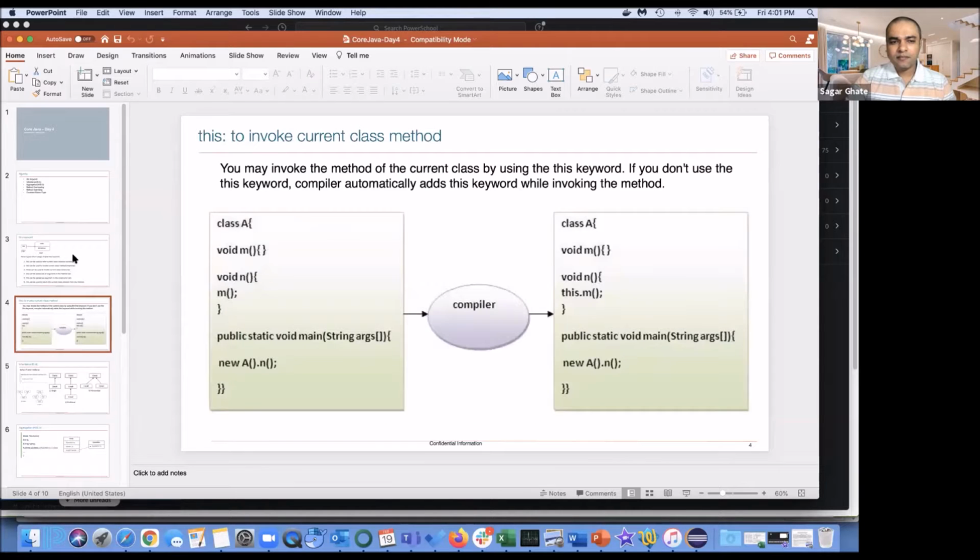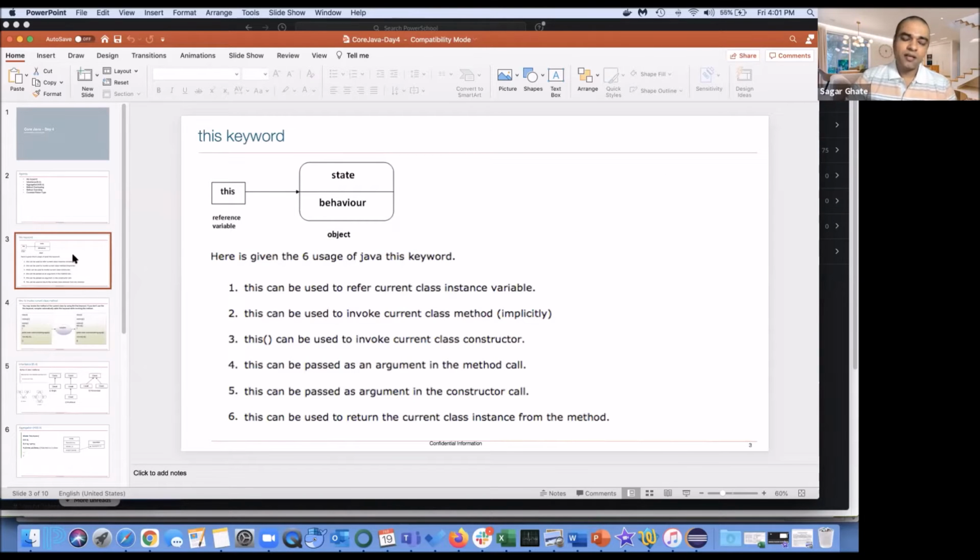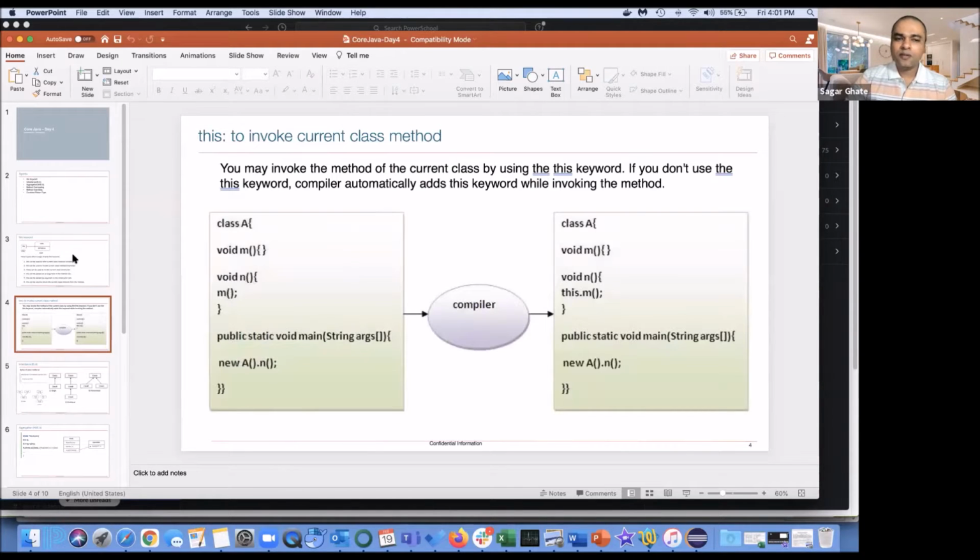So all these things we have learned in detail. And now we have seen constructor chaining, object creation, how this keyword is used. And when you are not writing it implicitly, here this.m, your compiler is going to write this.m for you.